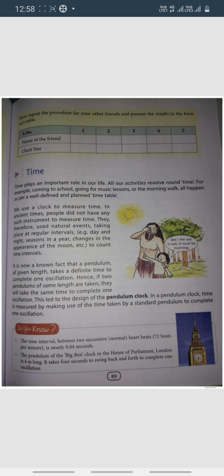Now come to the measurement of time. Nowadays we can measure time with the help of different types of clocks, watches, digital watches, pendulum watches. But earlier there were no clocks or watches. People used to guess the time just by looking at the sun's place, where the sun is situated right now, or the moon's place, or they guessed the time with the help of sunrise, sunset, rotation of earth, changes of season, etc.